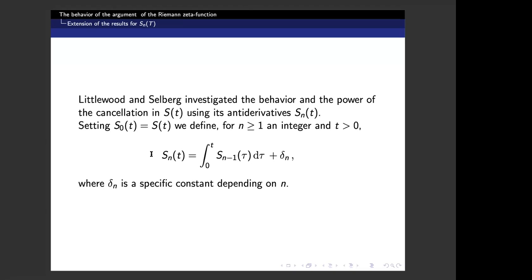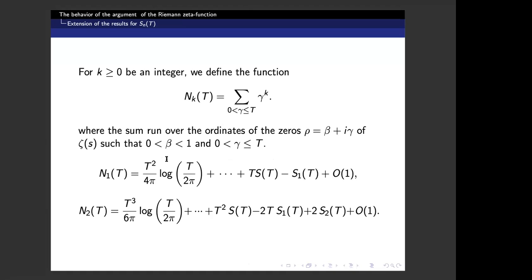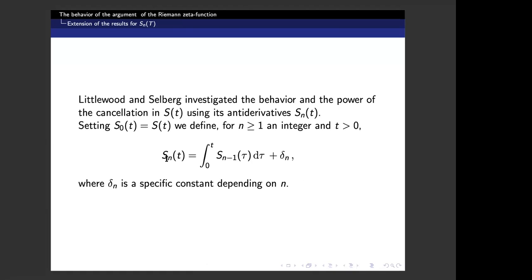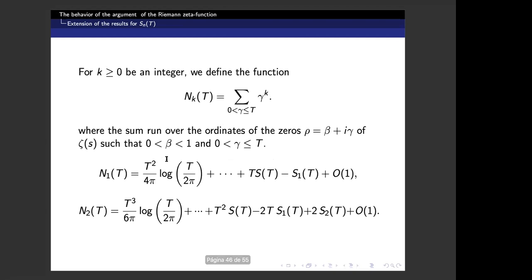So, setting S_0, S_0 is the function S, and you define S_n(t) as the integral of S_{n-1} plus a specific delta. For instance, S_1 is the integral of S plus a specific delta. S_2, the same, is the integral of S_1 plus delta. Littlewood and Selberg don't mention why they define these functions. But for instance, we can use